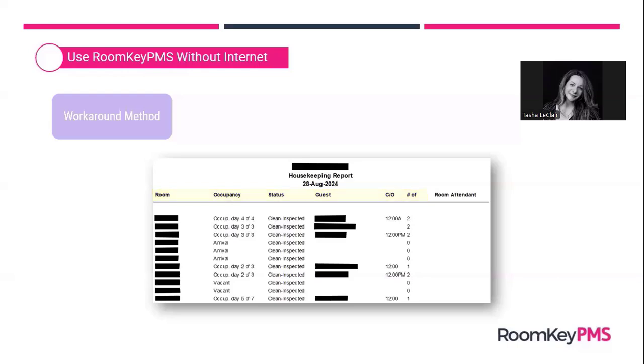room. Now, as the housekeepers are continuing their cleaning and daily cycle, when the housekeepers let you know that a room status has changed, you can record that manually on this report. And then when the internet access is restored, you can log into RoomKey and update the housekeeping statuses from the housekeeping module. Now, this may be something done at the front desk, or it may be done by a housekeeping manager. So those are just a couple of methods that you can use to operate RoomKey manually